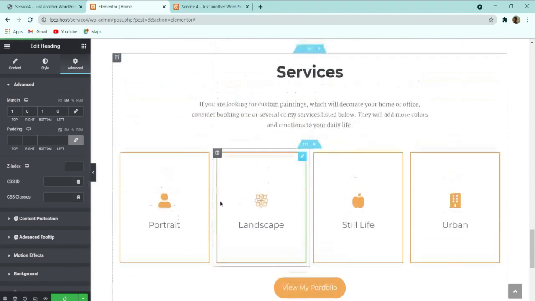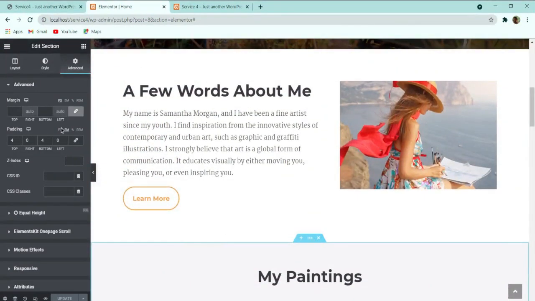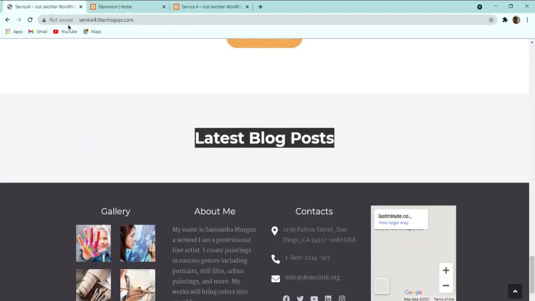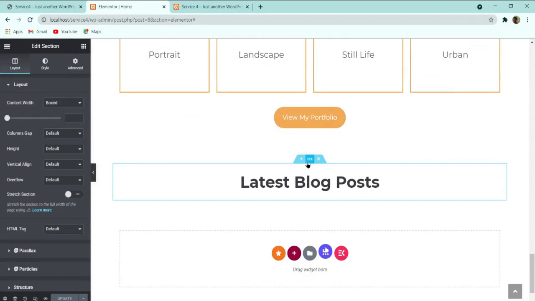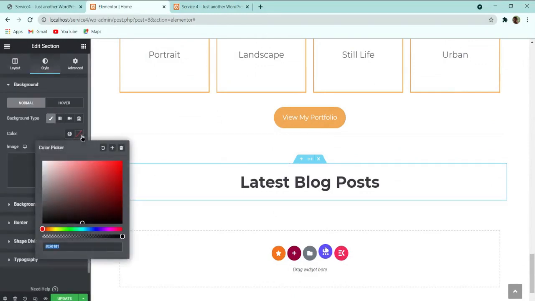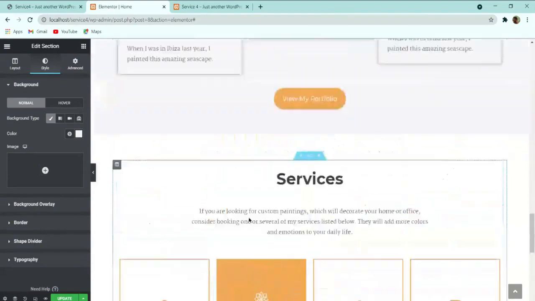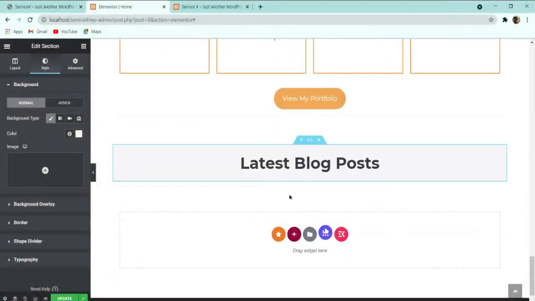After that, you can also use this section's background color which we have used, f6f6f8. Here also that same background color is used. So go to the style and background type. Here you can type f6f6f8, or if you want you can do the same process, copy it from there and right click over here and paste that.